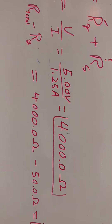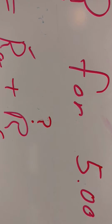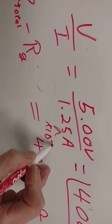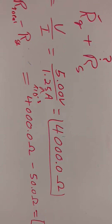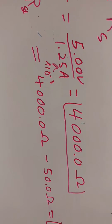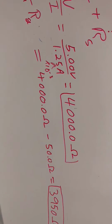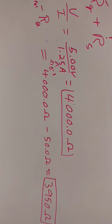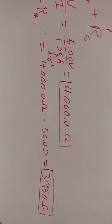We know that 1.25, and that should be, oops, I made a mistake, that should be times 10 to the minus 3 amps. So again, we could have used 1.25 milliamps, but to get the right units of ohms, we need to have it in amps. So it's 1.25 times 10 to the minus 3 amps of current. 5 divided by that value, the current of 1.25 times 10 to the minus third, is going to give us 4,000 ohms,